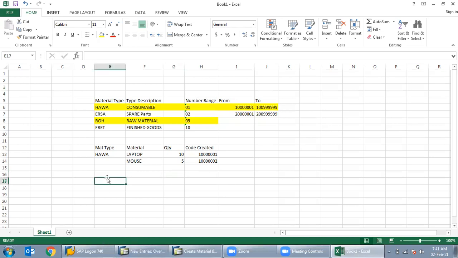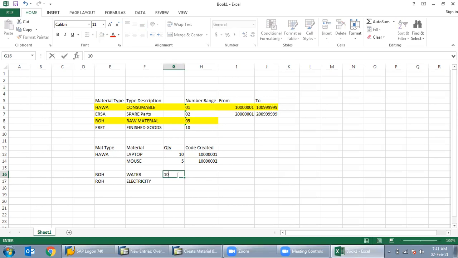Suppose I am taking a raw material like water, and another raw material I'm going to create, that is electricity.